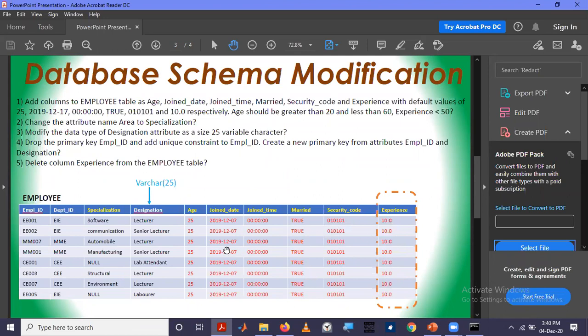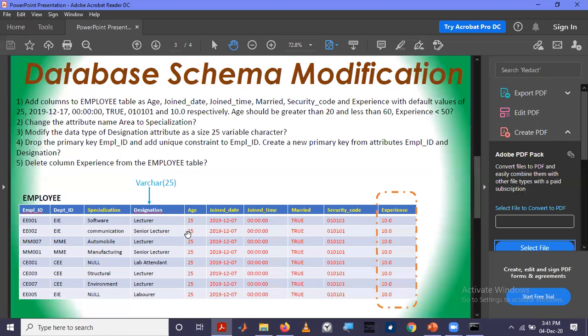By looking at the data, you must be able to imagine the data types of these attributes. Also there are some other constraints: age should be greater than 20 and less than 60. That means SQL should make sure that the user is not allowed to enter an age less than 20 or greater than 60.